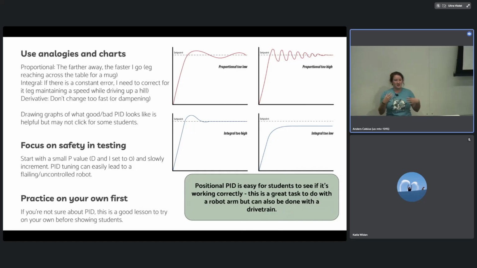I also like to use the example of my dog. I have a little dog who likes to chase lasers. On a concrete floor, I'll get him over in that room, and I'll put the laser in the middle of the room. And he's a dog, he's not that smart. He sprints towards the laser and doesn't slow down until he gets to the laser, so he overshoots. Then he does the same thing, and eventually he does that second graph on the right. I love telling my kids about that because they're like, I get that. And I'm like, great, once your proportional is right, it's like a dog chasing a laser.